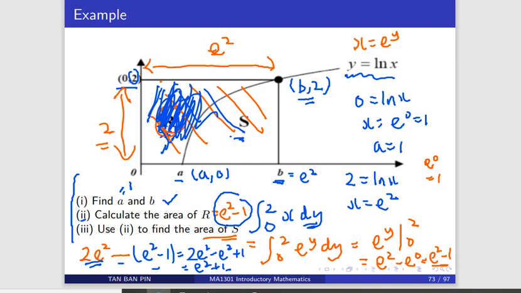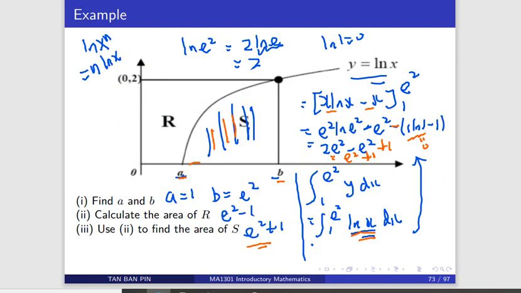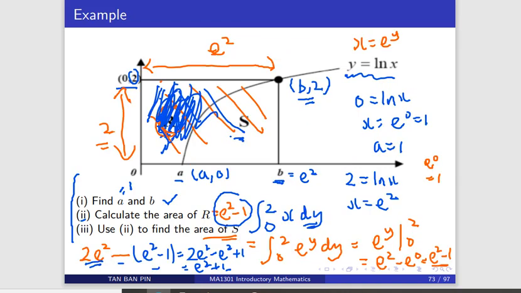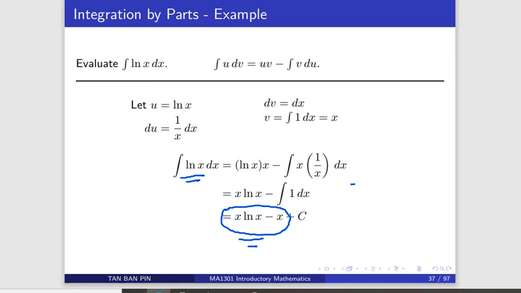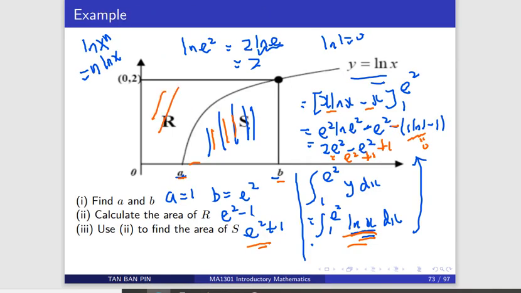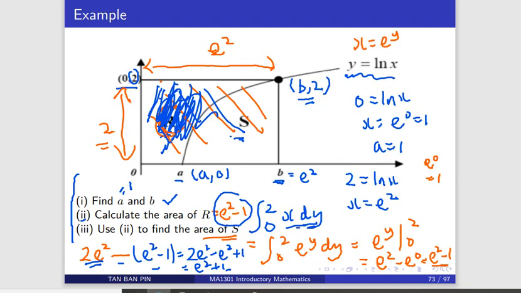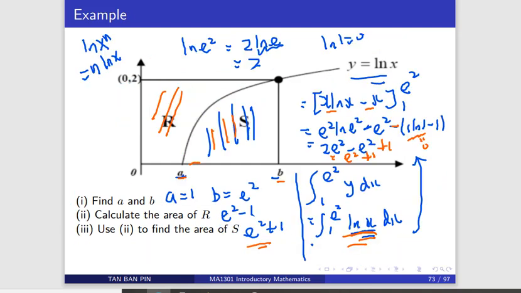So this is a good example to show you can actually avoid integration by parts to integrate ln x dx by considering a region area. By considering this region, which is actually integrating x dy, it's something easy to integrate. It's just e power y dy, which can be integrated easily. So if you find that it's difficult to do dx, you might want to consider doing dy, and that might help you to solve the problem.